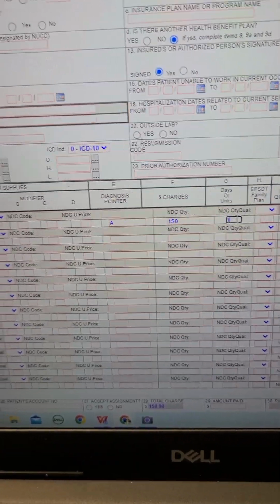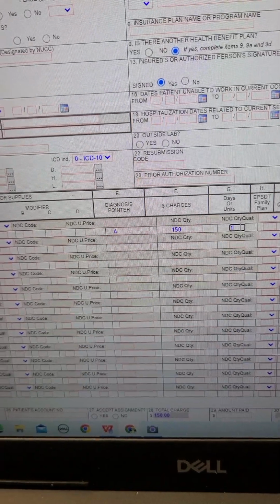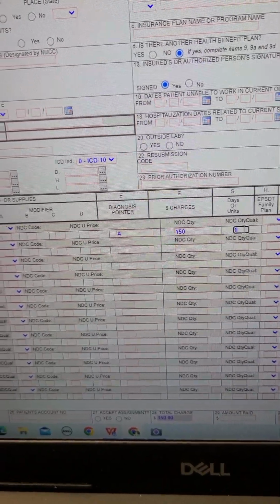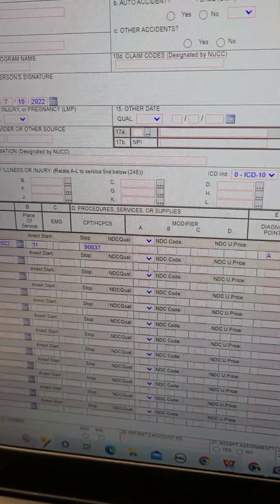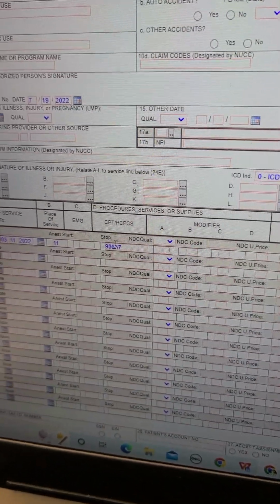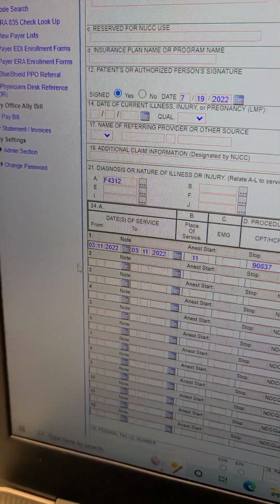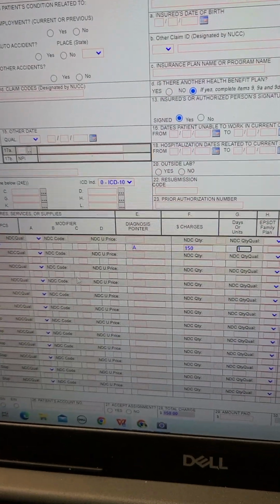As you probably know, most insurance companies don't let you bill for more than one of the same service per day. So if you did do this one, and then you also did like a teen test 16 where you did some case management, or you had some other code, then you would need to do an additional spot for that. So then we go to,